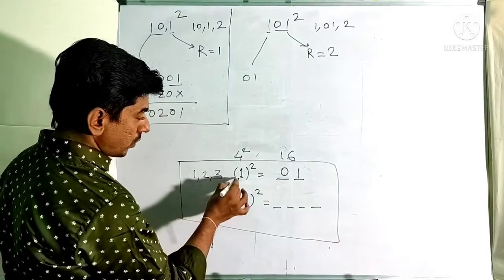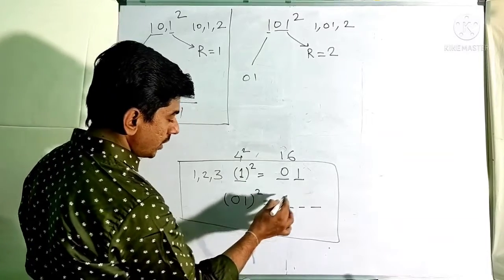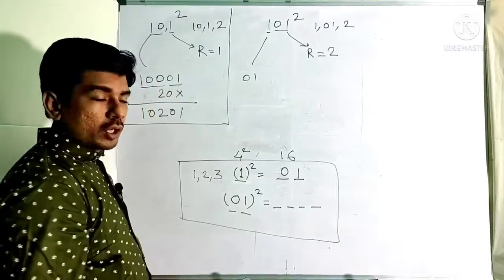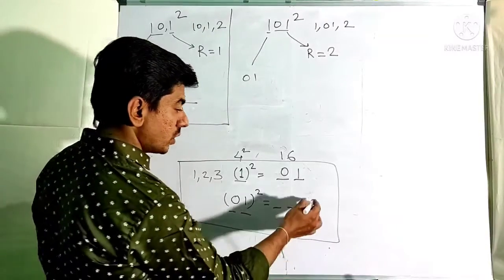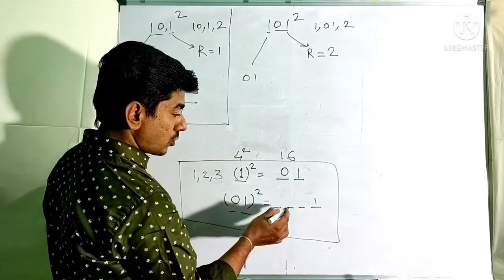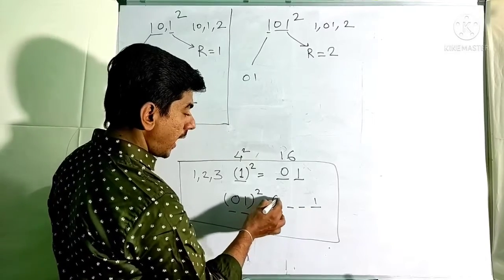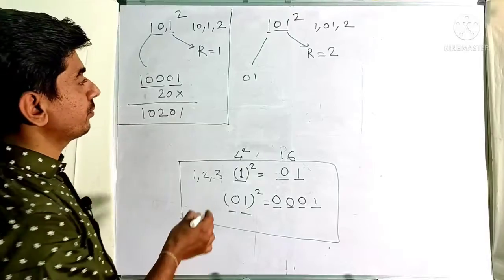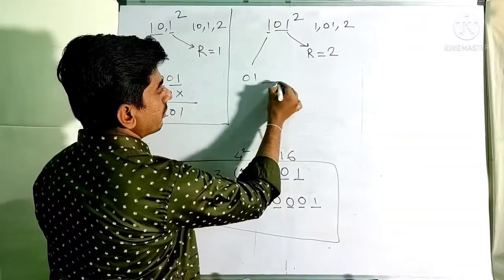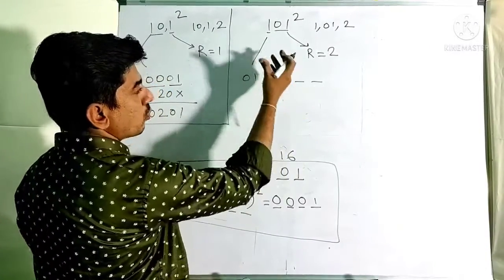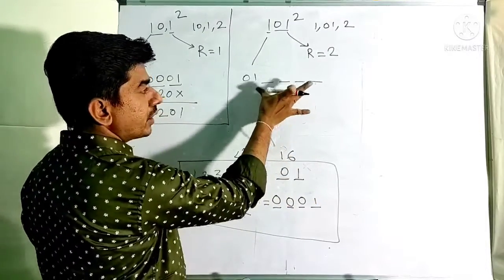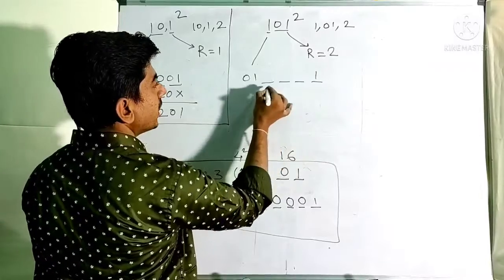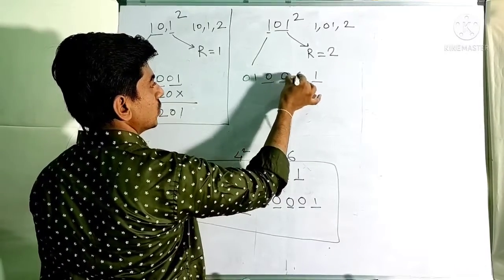If you are taking the square of a single digit, you should write in 2 digits. If you are taking the square of 2 digits, you should write in 4 digits. Again, the square of 1 is 1. Then you should not simply write it as 1. You should add 3 zeros before the 1. I am going to leave 4 places because whatever may be the answer, I have to write it in 4 digits. 1 square is 1, remaining 3 digits will be taken as 0.